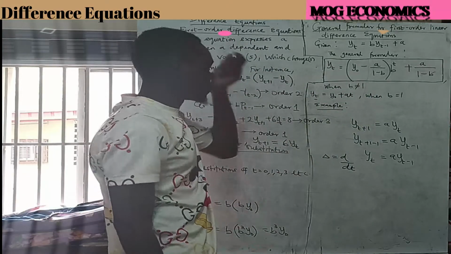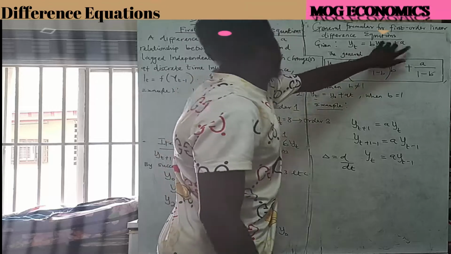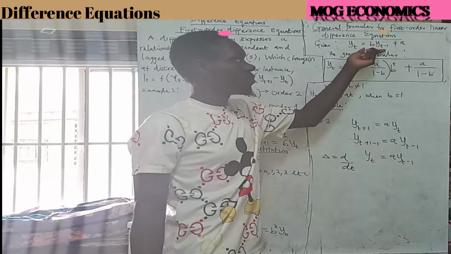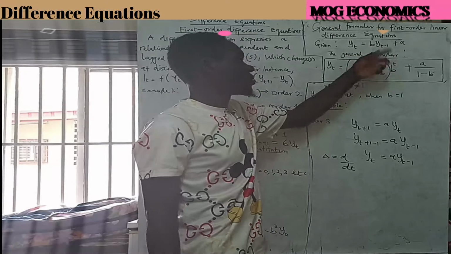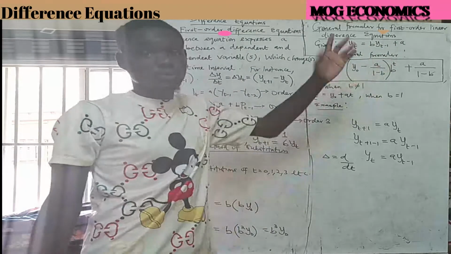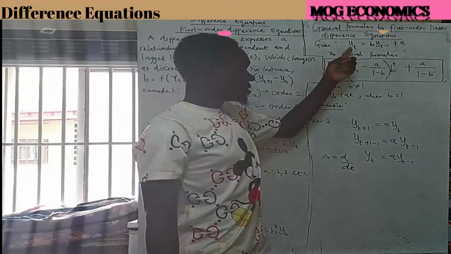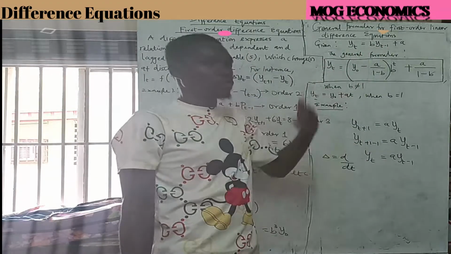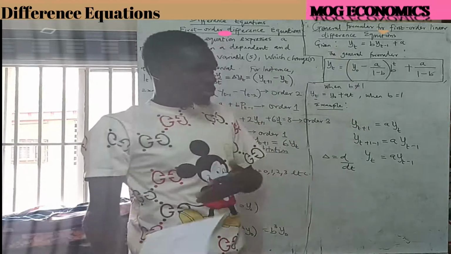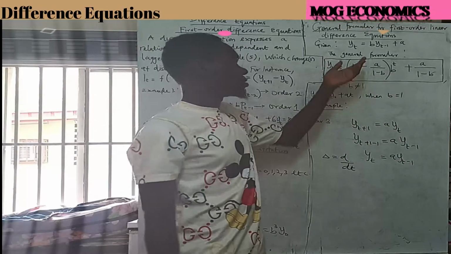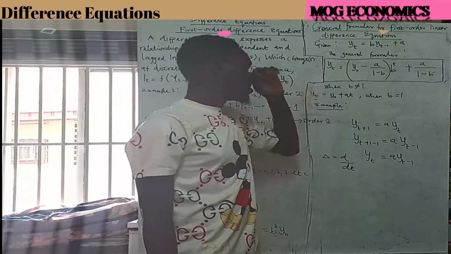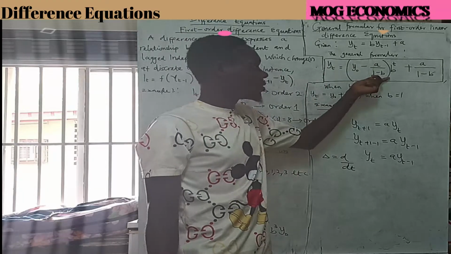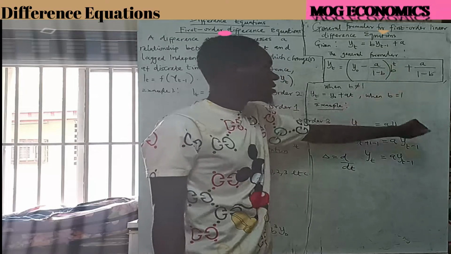So if you are given a function like this, this is a first order difference equation, because the highest order of difference here is just 1. So yt is expressed as a function of itself, just one period in the past. The general formula here is just this: yt equals y naught minus a over 1 minus b, times b to the power of t plus